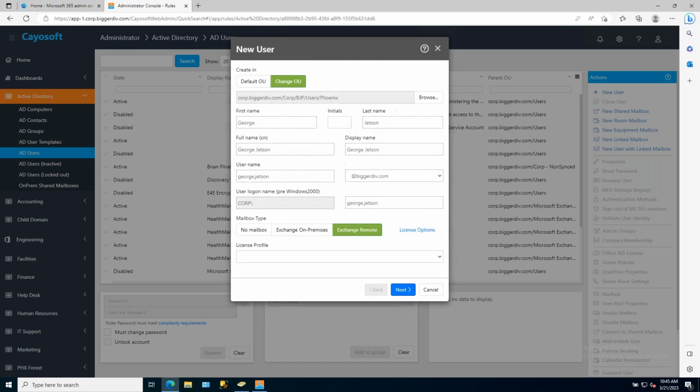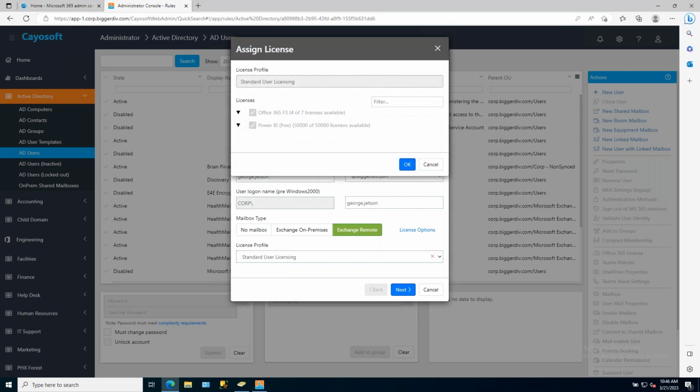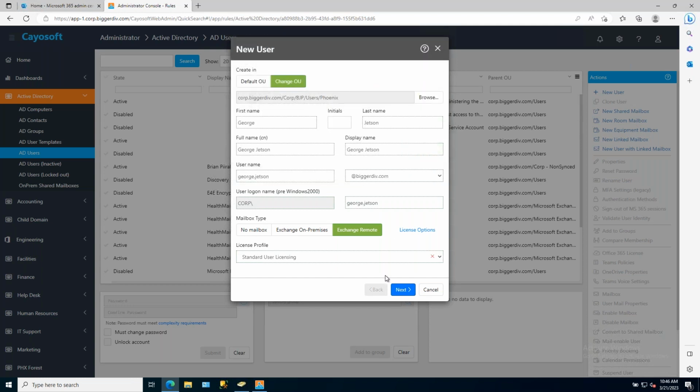I also have a different option here where I can assign by profile. A license profile is really just a pre-configured combination of those checkboxes. In this case, I might want to assign a standard license for this user. If I look at that now, you'll see it includes just these two items. So I don't have to remember exactly which checkboxes go to which users. If I use a profile that has that set of checkboxes predefined for me, I can just select that and